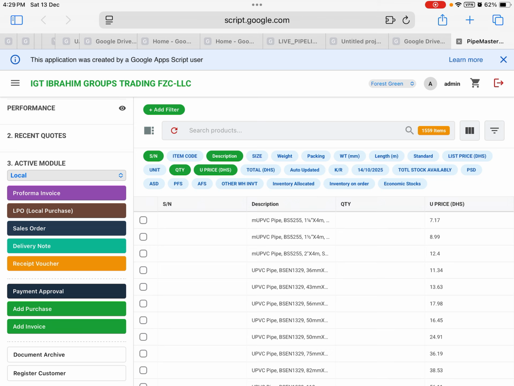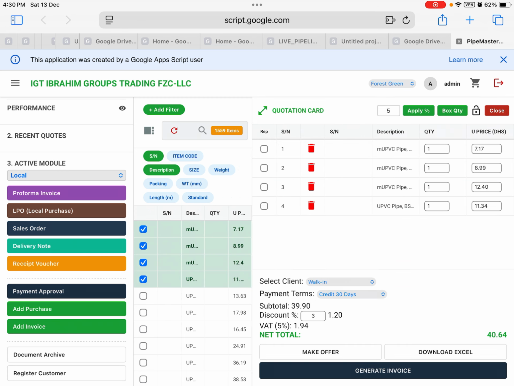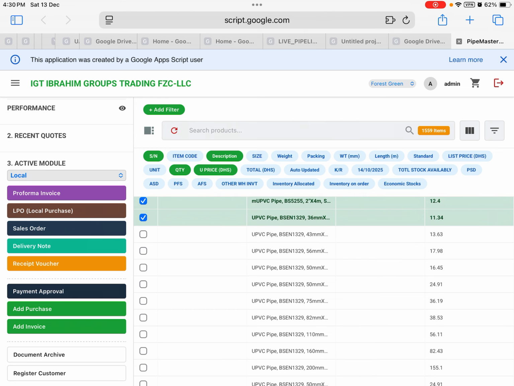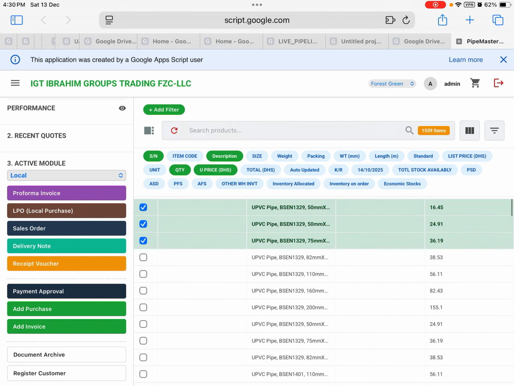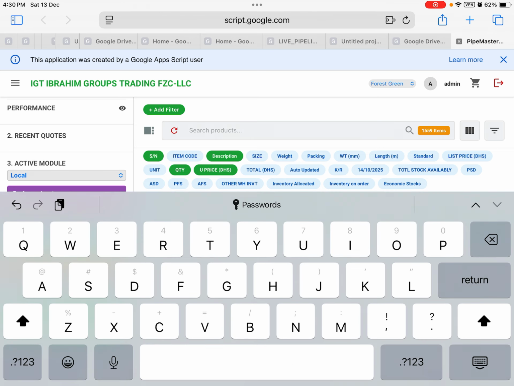Okay, now how will it work? You just need to select items. Okay, like this. Just click it. It will be added automatically. You can see, click it here. The items are added automatically here. Okay, and go back again, and then add more. Okay, whatever you want, or you can search from here, like